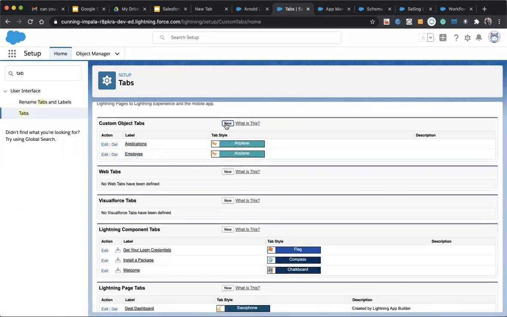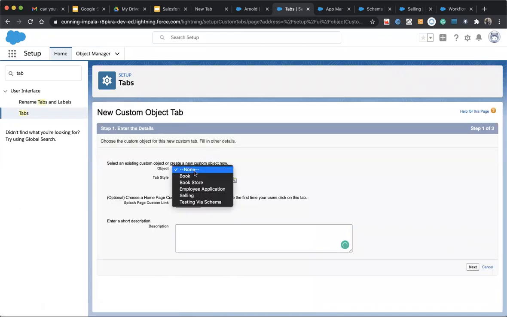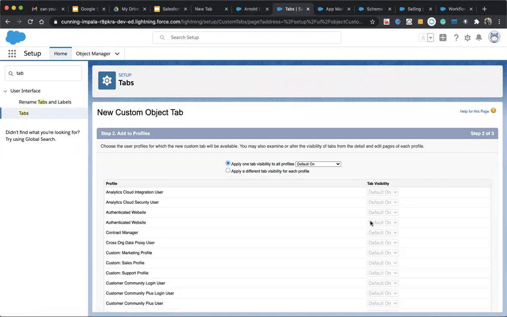So let's create tabs. Book. When we create an object from the object detail, meaning from Create Schema, the tabs will automatically get created, because we have checked that checkbox there.